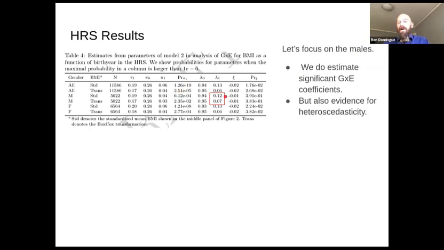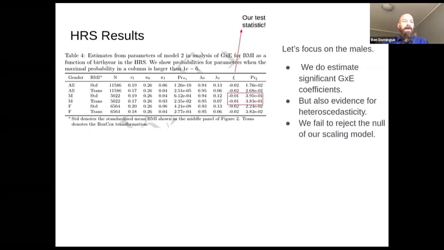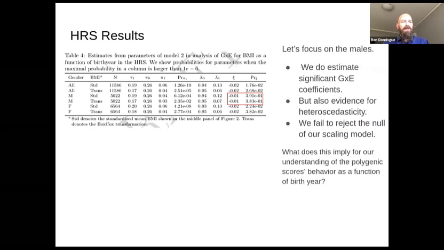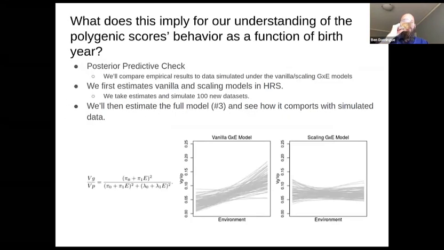And so now there's a question about, well, do these two things balance in a way that makes that test statistic C equal to 0? And for the males, the answer is basically that they do. So for the males, we fail to reject the null that our scaling model is sufficient to generate the data, right? So these are p-values of 0.39, 0.38. We don't reject the null that C equals 0. That short form, the reduced form model 2, seems sufficient to explain what's going on. And I can show you what that looks like in a little more detail. So what is this going to imply for our understanding? Well, to illustrate this, I'm going to go back to these slides that I showed you earlier and use what's,